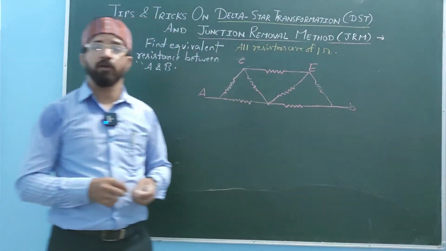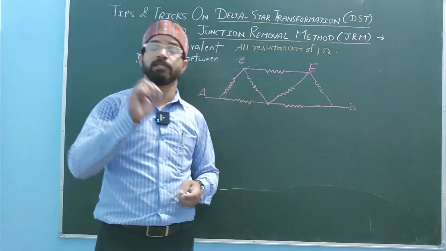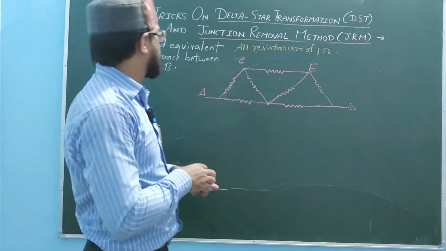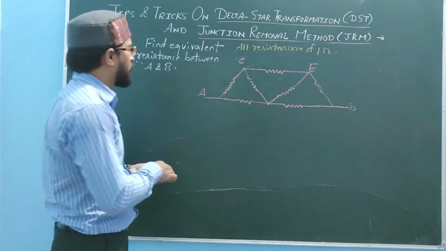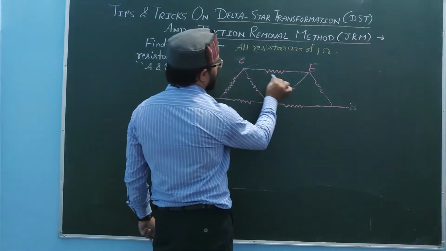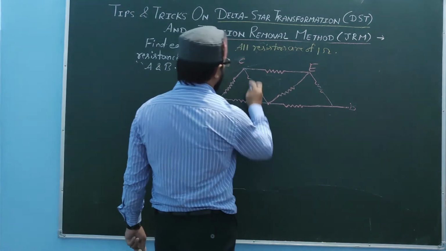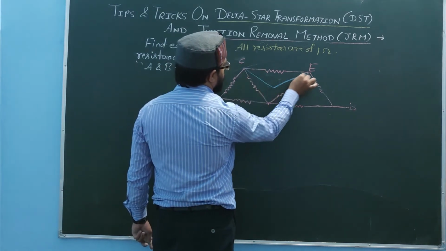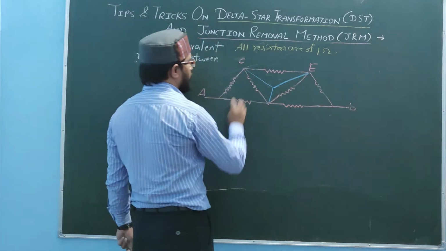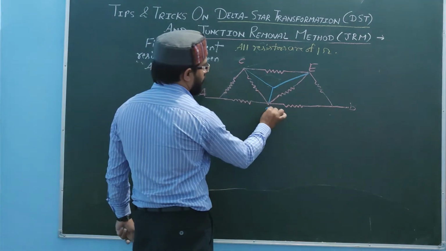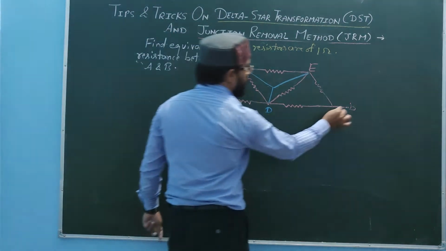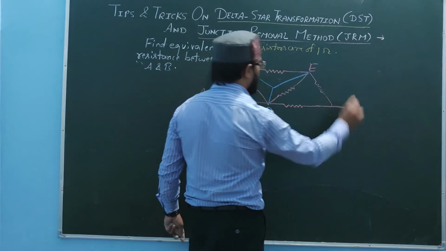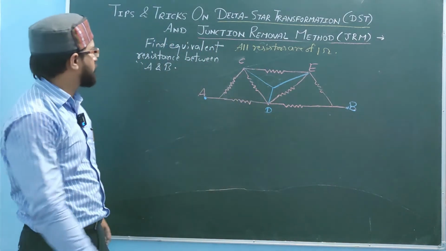Now the same example we are going to solve by using DST, delta star transformation. So same example I have again drawn, and I am going to remove this delta. So this delta would be now looking like this. This is the star kind of figure that would be here. So I have given some names to these points also, A and B. Equivalent resistance we are going to find out.